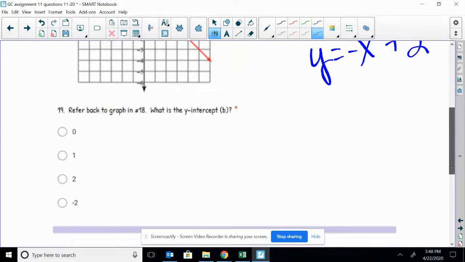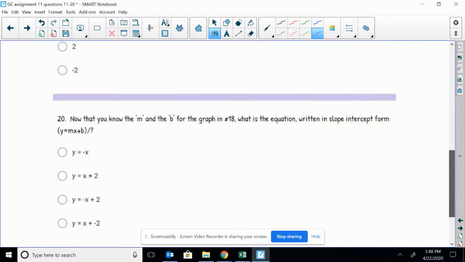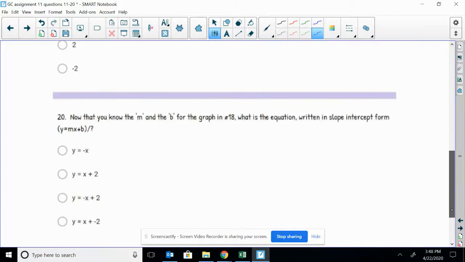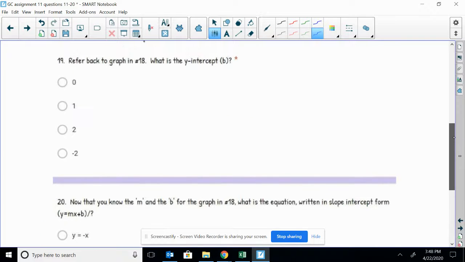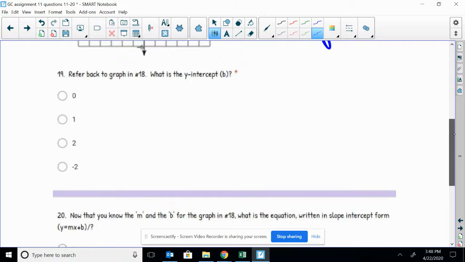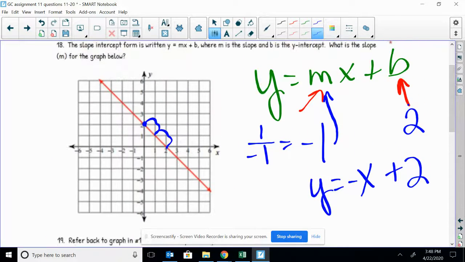My equation is negative x plus 2. And we said our y-intercept was 2. And our slope was